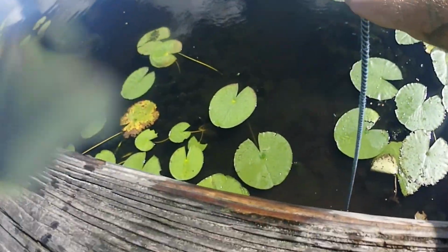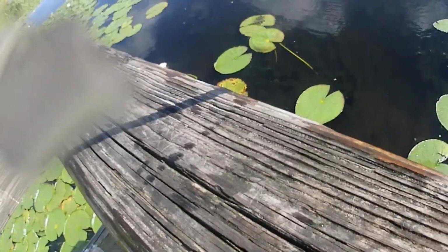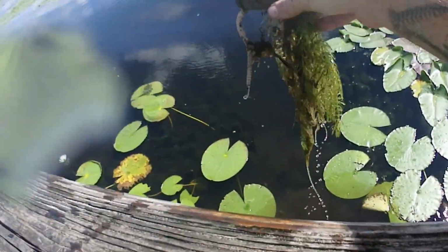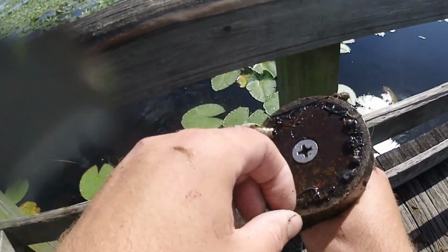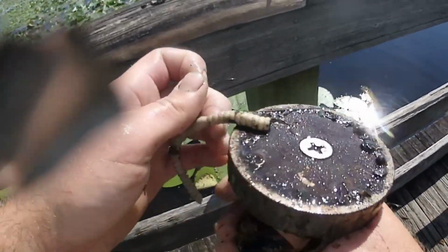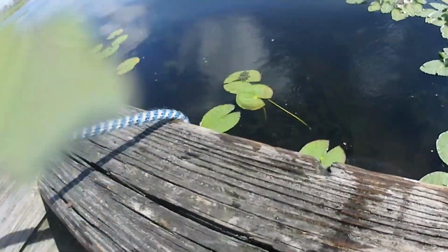Feel something pulling there. Ah, we got something. It's a worm. And another hook on there. This is a good little spot. Just keep dropping it. Maybe a knife or...